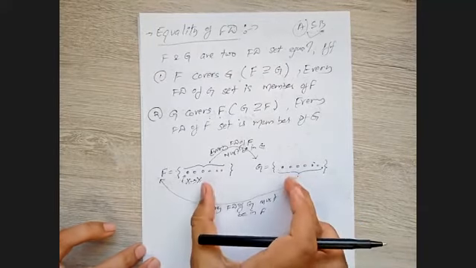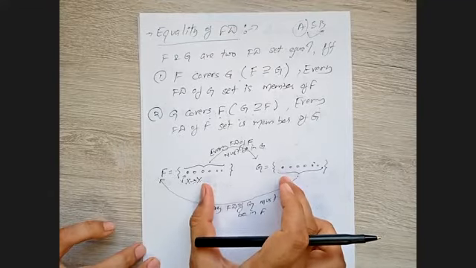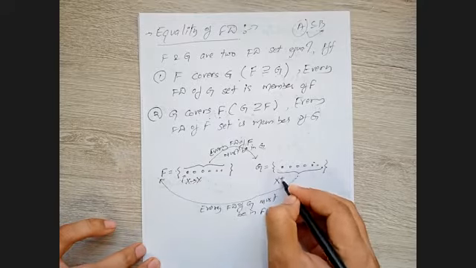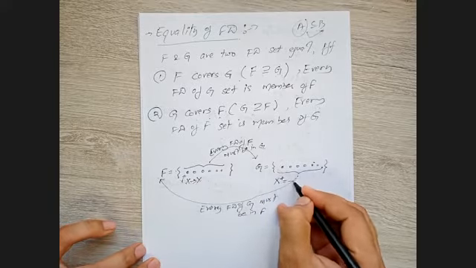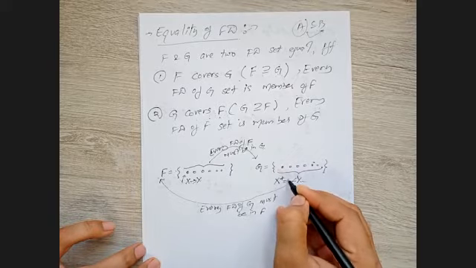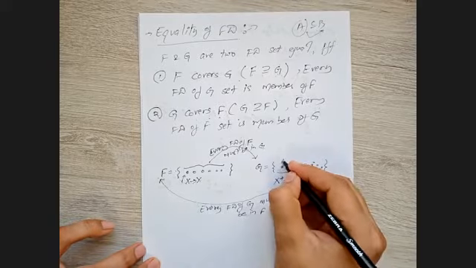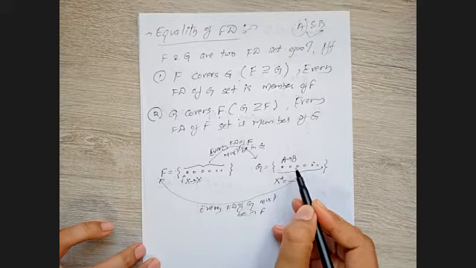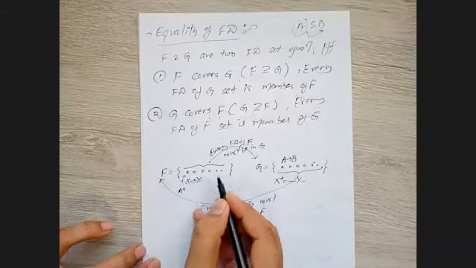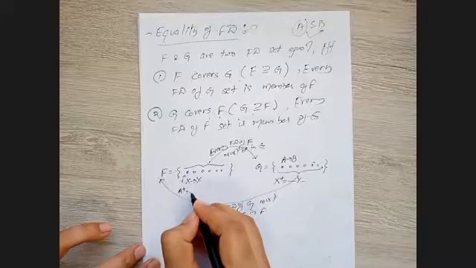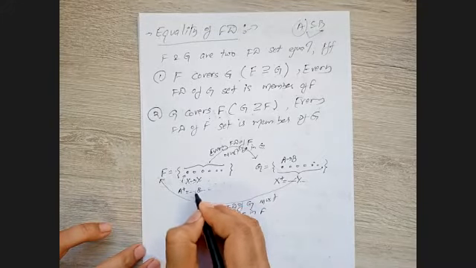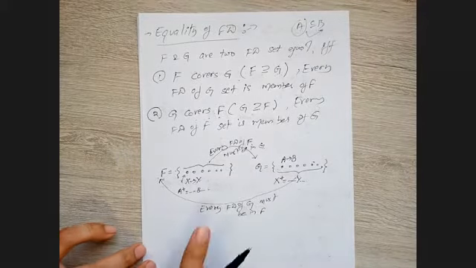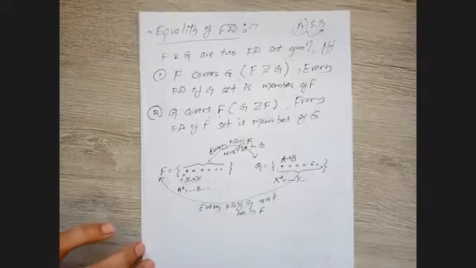Only then we say F and G are equivalent. For example, when I say X determines Y, then when I find the closure of X using this functional dependency set, it should determine Y, and it can determine other attributes also. If A determines B is contained in the G functional dependency set, then when I find the closure of A using this set, it should determine B. If we have this scenario, then we can say F and G are equivalent.